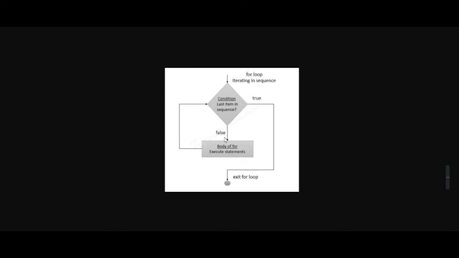No. Our sequence was the string name, which was Harry. Since H was not the last letter, the condition was false and it went inside the body of the loop and executed the statement, which was print letter. So every letter in that string was printed. This is how the for loop is carried out.